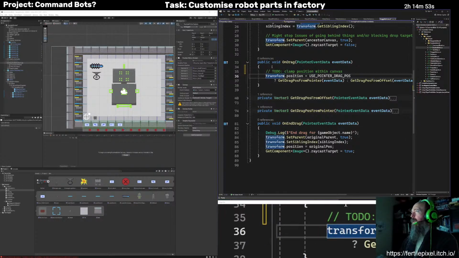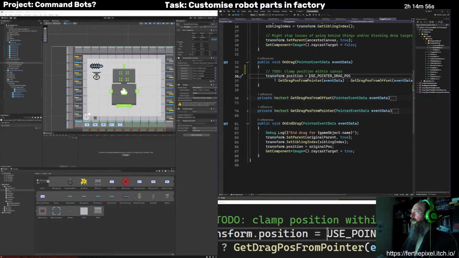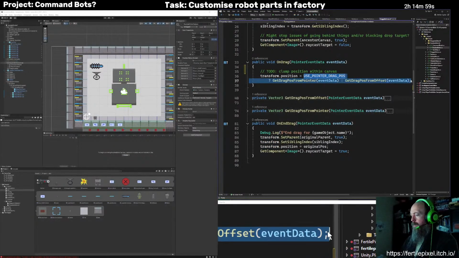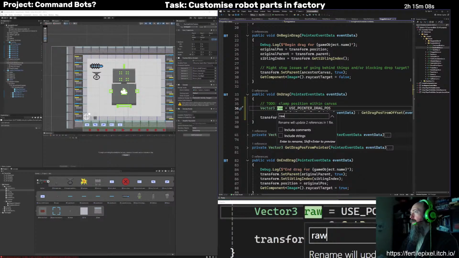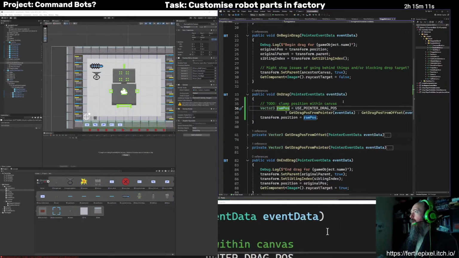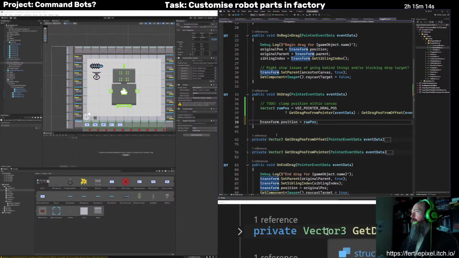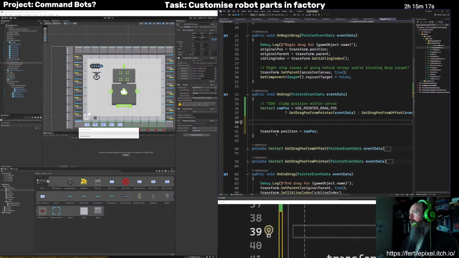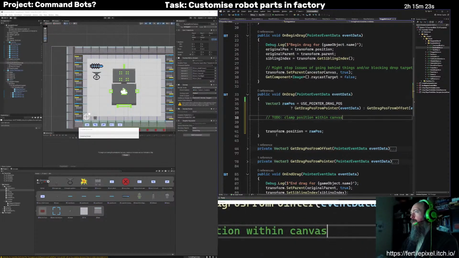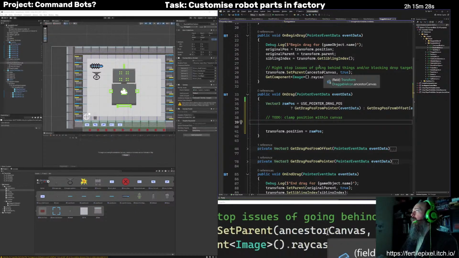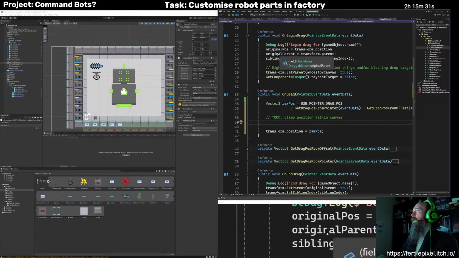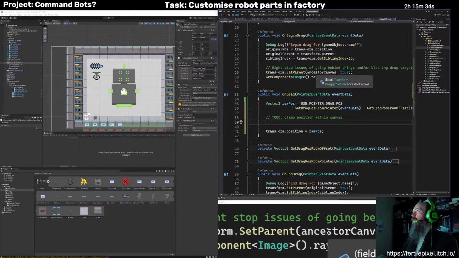So that would be maybe like pull that into its own variable. There's our raw position. And then we want to clamp the raw position within the bounds of the canvas. So what are the bounds of the canvas? Good question. We have the parent ancestor canvas.